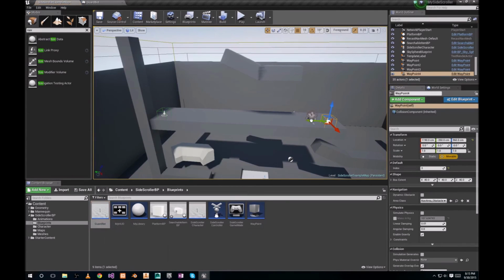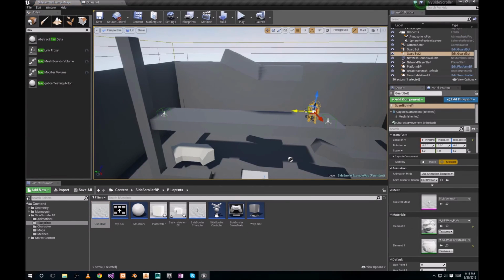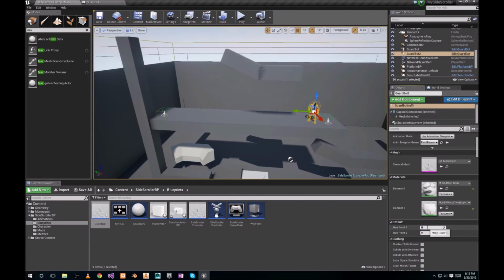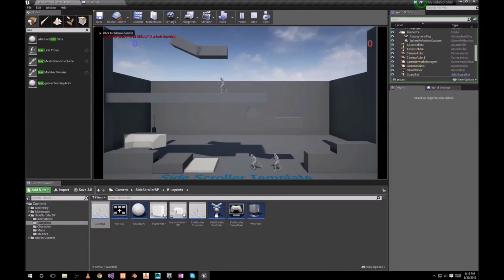We're gonna put another guard boat right there, and we're gonna make him patrol between 2 and 3. And there we go. We have 2 boats patrolling,